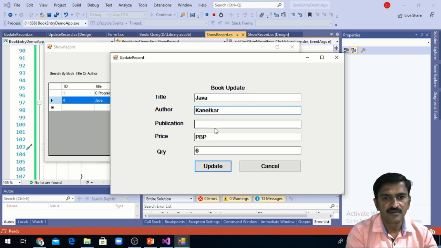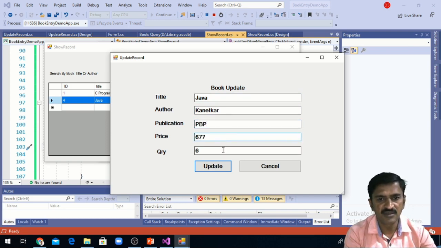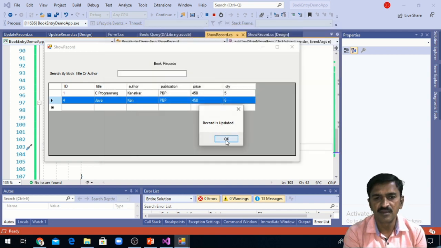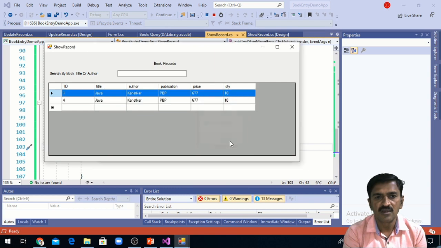Then publication is BPB, then price is something like that, and quantity is suppose 10. So I'm going to click on this update button. Once I click on the update button, the record is updated message will appear, and this form will be closed, and the updated values you can find here.